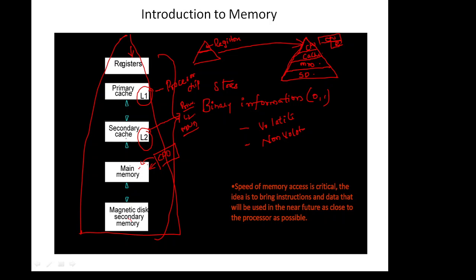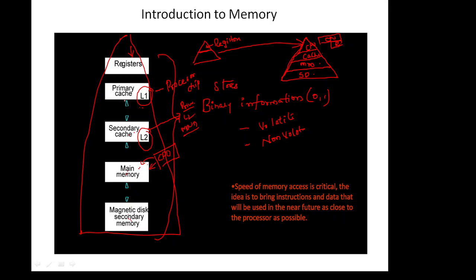So this is the basic hierarchy of memories. Lastly, secondary memory. Above the secondary memory, main memory. Above the main memory, L2 cache. Above the L2 cache, L1 cache will be there. Above it, registers. In the processor, some amount of space is going to be given for registers and this L1 cache. Fine, this is how the hierarchy is going to be.